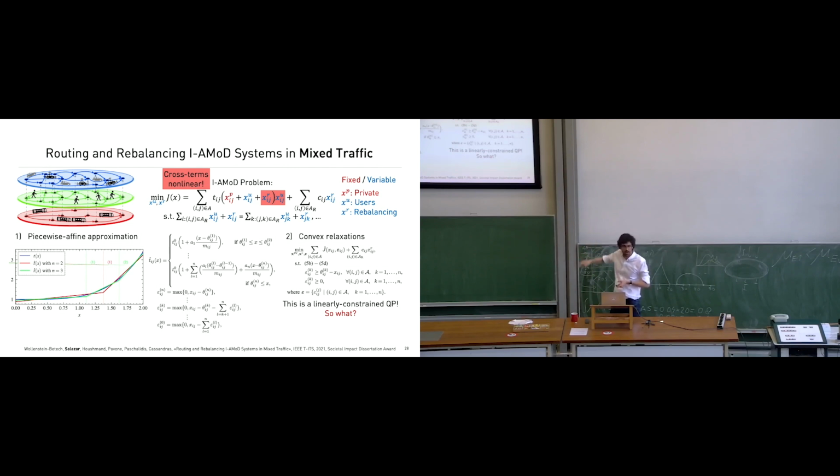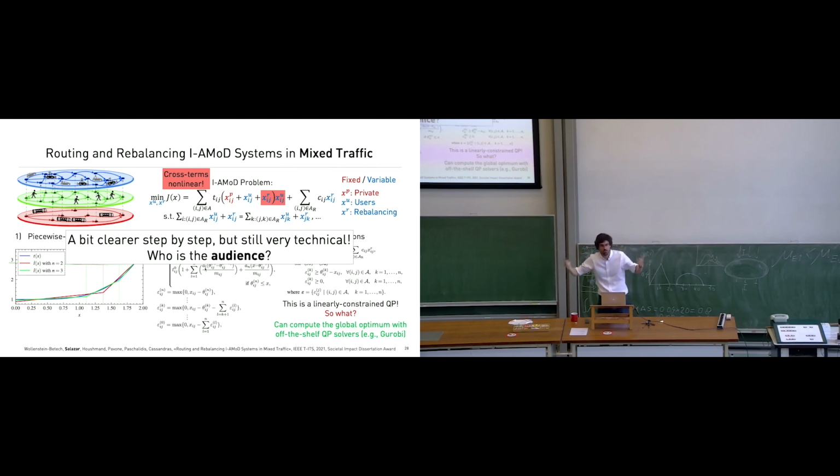Long story short, we have a linearly constrained QP, which means we can solve it quickly with global optimality guarantees. If you want to know what it means, do you know what it means? It means that you can find the overall best, so the best possible solution. It's not always the case. If you want to know more, engineering optimization in Q3. Which is very nice because these problems are huge, so difficult to solve. This is clear, right? You kind of got the gist. But still, you don't have so much background in optimization and so on. So maybe it was a bit too much.